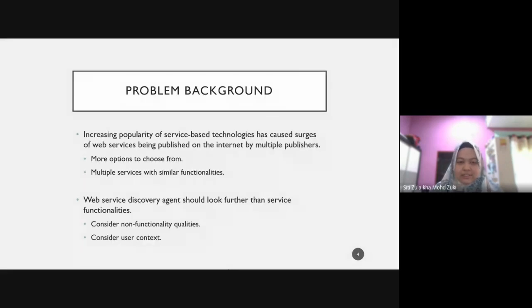And so this brings new challenges to web service discovery processes. In addition to that, there are also multiple services that have been created with probably similar functionalities and similar descriptions that exist on the internet all at the same time. And due to this, the discovery agent would need to look further than what it has been doing in traditional web service discovery, where it should be looking at more than just the service functionalities. It should also consider the non-functional qualities and also the user context as well as the service